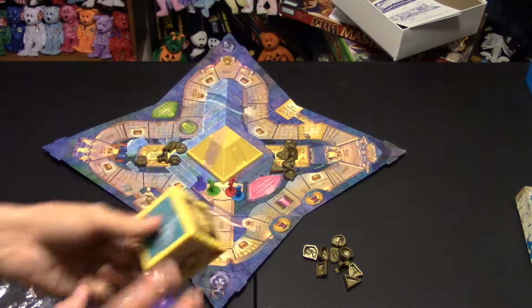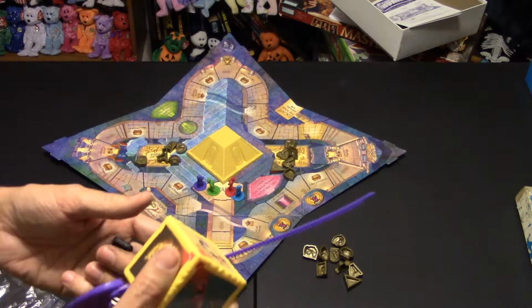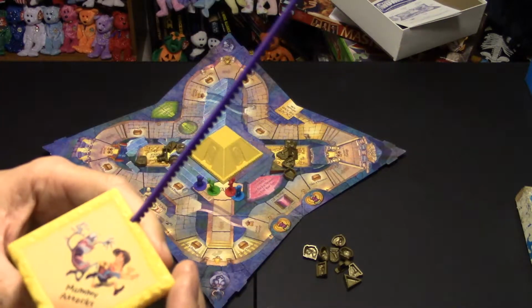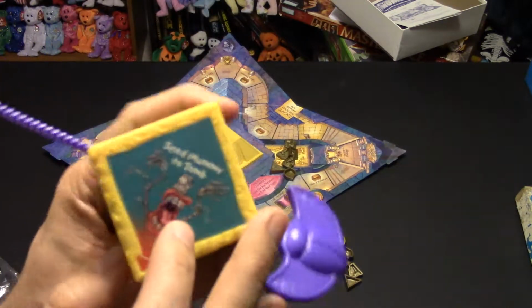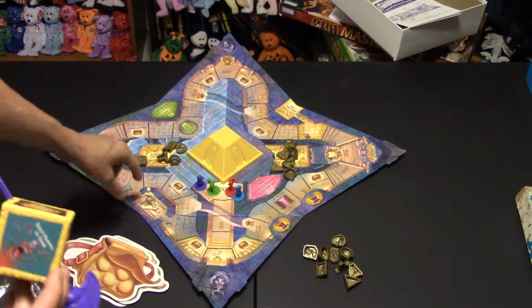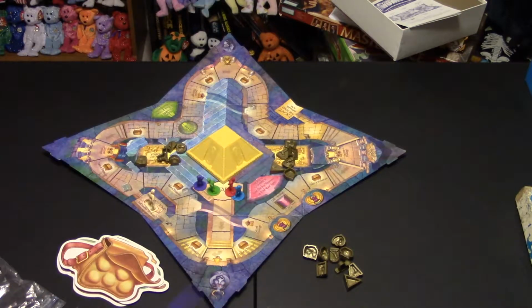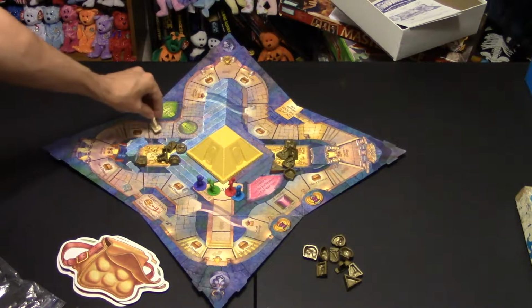Now when it falls, you have to follow the instructions on the die. So for instance, if it falls on collect a treasure, you would of course collect another treasure. If it falls on send the mummy to the tomb, you would send that mummy back to the tomb here. And if it falls on mummy attacks, well then the mummy's going to attack the nearest